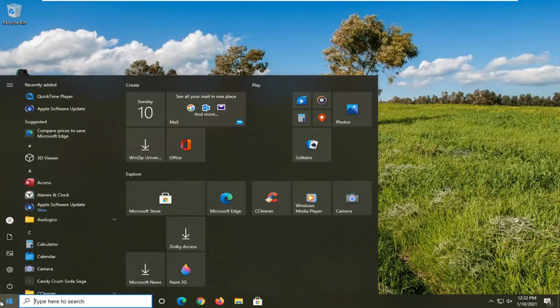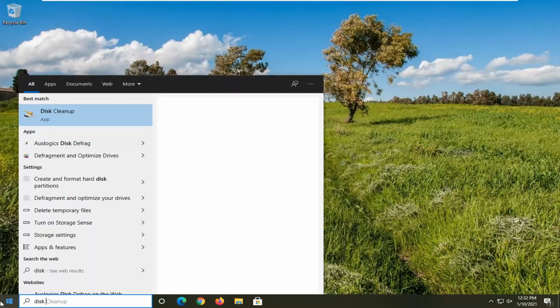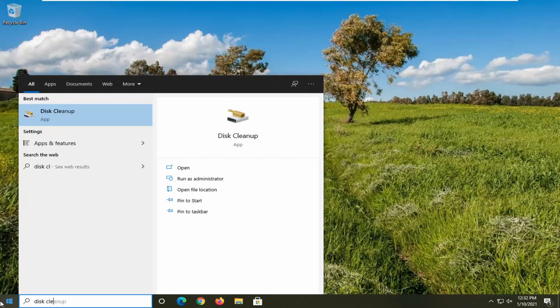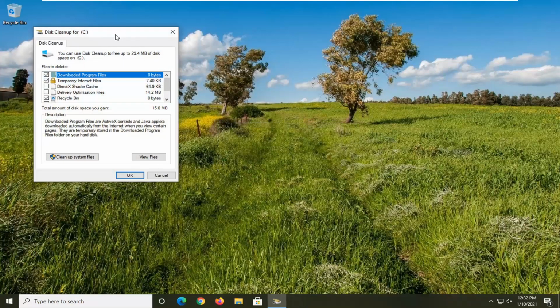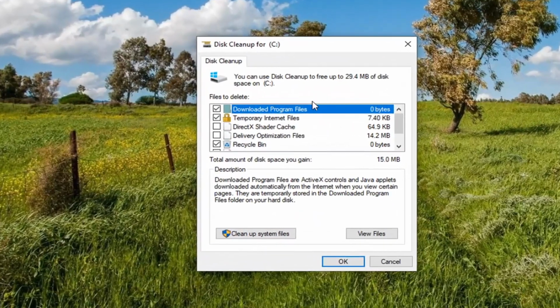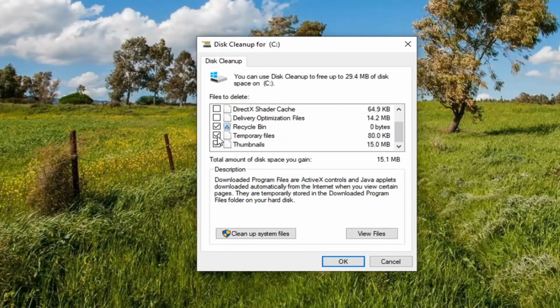We're going to start by opening up the start menu, type in disk cleanup. Best result should come back with disk cleanup listed right above app. So go ahead and left click on that. You want to go ahead and make sure, if you scroll down here, the temporary files is checkmarked, and once you're done with that, go ahead and select the cleanup system files button,